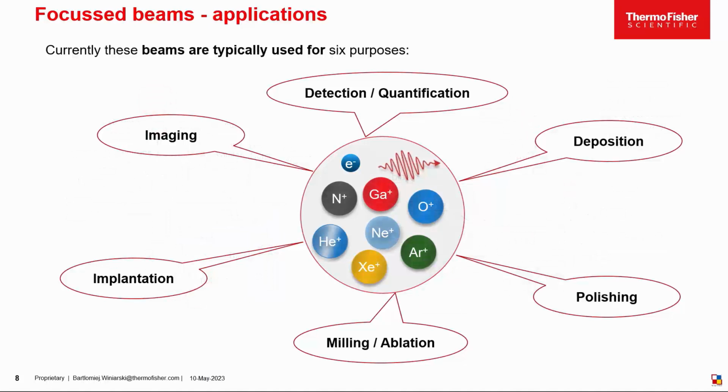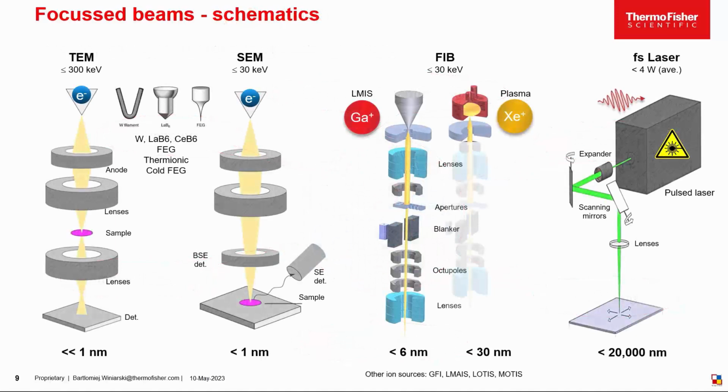Currently, these beams are typically used for 6 purposes: imaging, detection quantification, deposition, implantation, milling or ablation, and polishing. Here we see schematics of transmission electron microscope, scanning electron microscope, focused ion beam columns, and scanning femtosecond laser optical